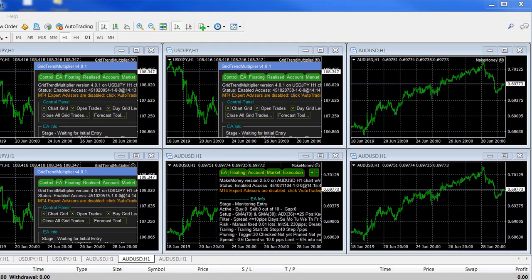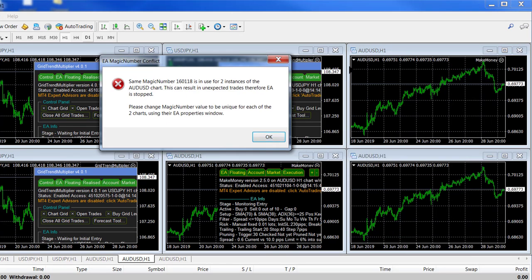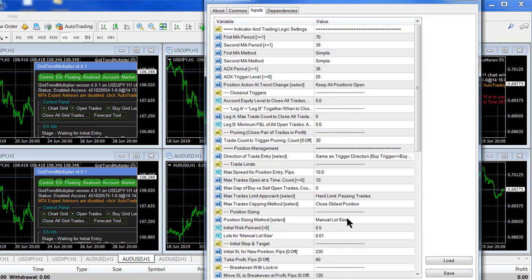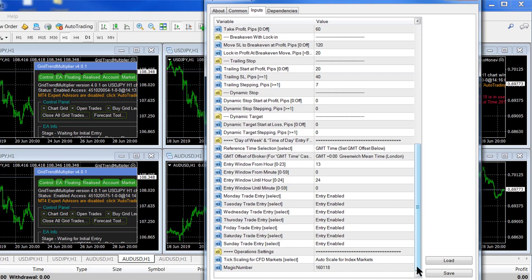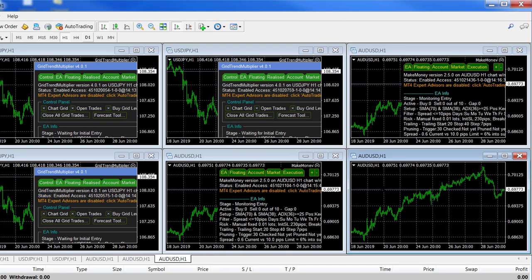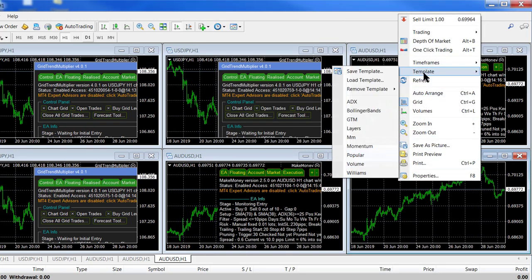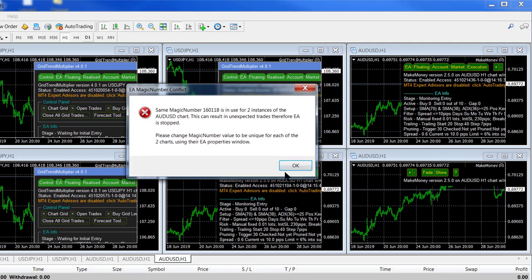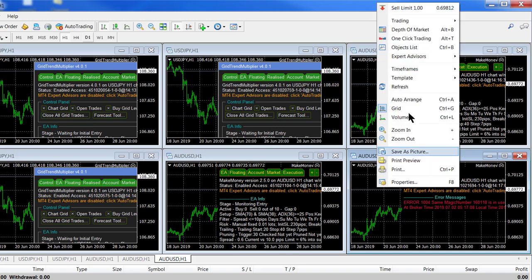I'm going to get that error message. There it came up again, so I say OK, and I go and fix the error message. Now, I give this one a unique number. That was 18, so I'll make this 19. All right, so I go to the next one, and I go template, make money. Again, the error message crops up. I say OK, and I go and change